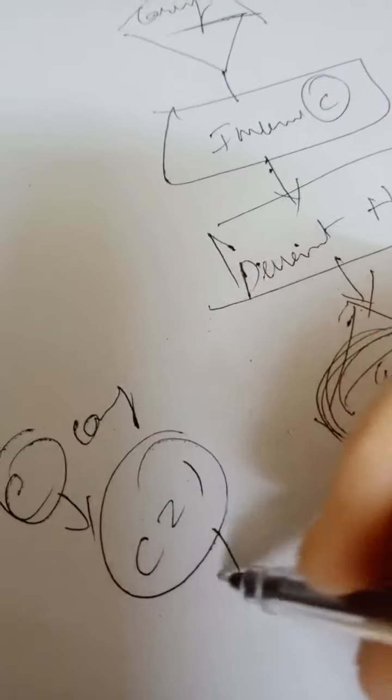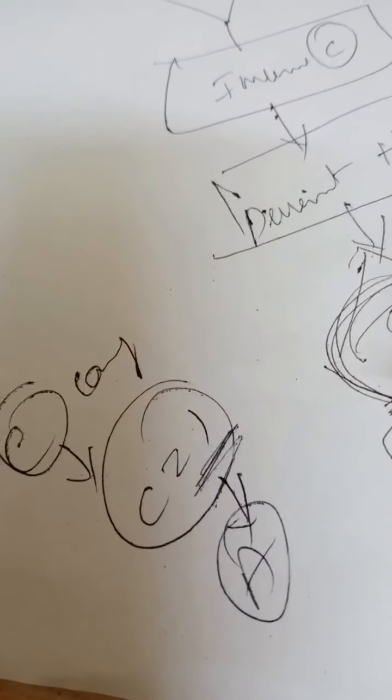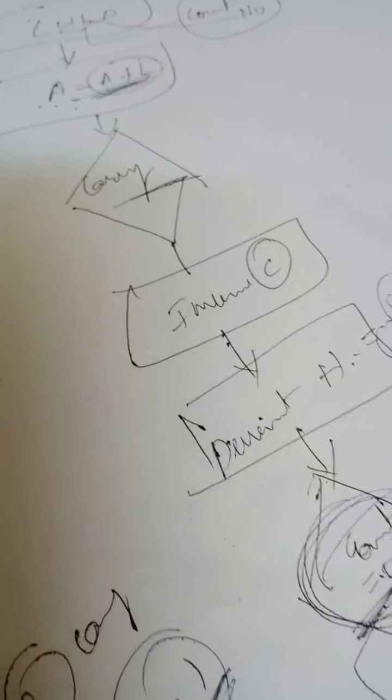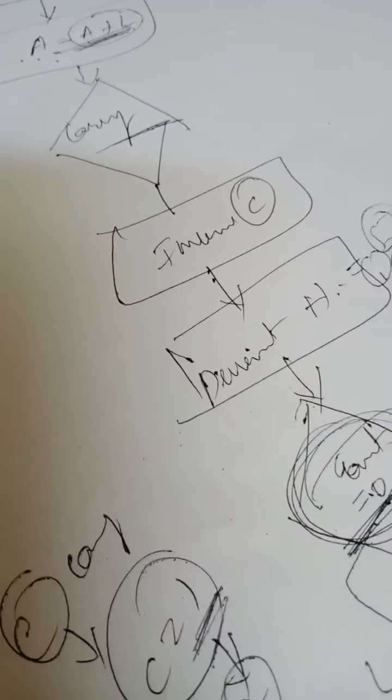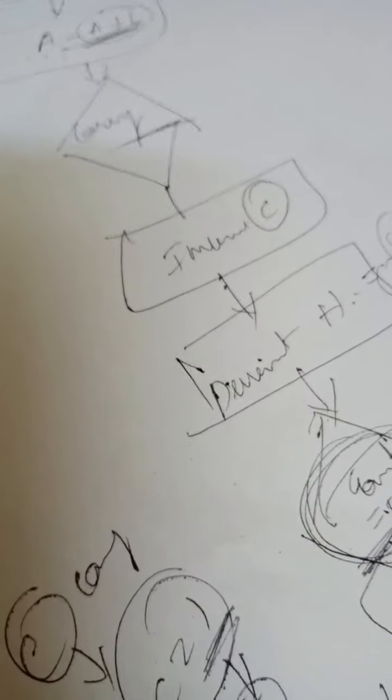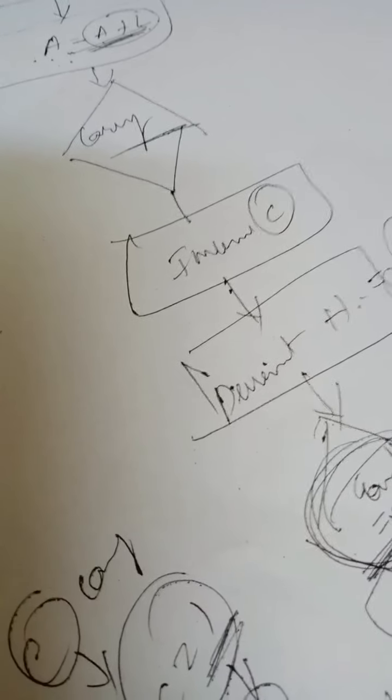What does C mean? Carry. If there is a carry, C will become 1. So what is it doing? It is transferring this carry to A. Why? Because our program is totally based on memory location. If our program is based on memory location, how can we keep the carry in the register itself? We have to move that carry to some other place.